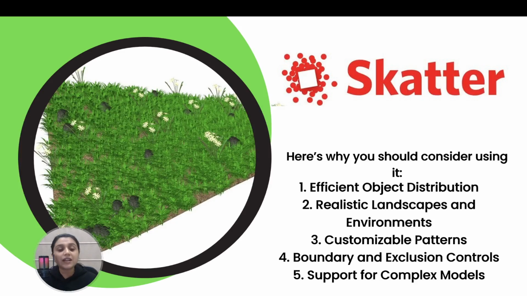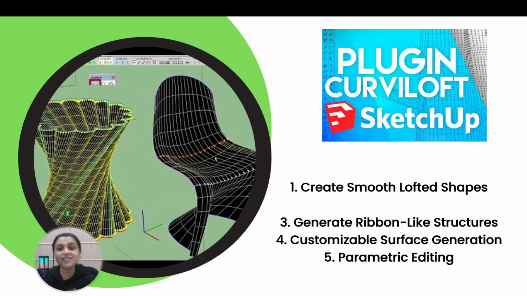Now what Scatter does is that you will enter one object and it will scatter the object on your SketchUp model in the given boundary. So you can give it a boundary and tell it this is the kind of scattering I want, and it will add so many components within the model at once. So it supports complex models as well. So it's a very good software if you are an urban planner or a designer who likes to use a lot of landscape.